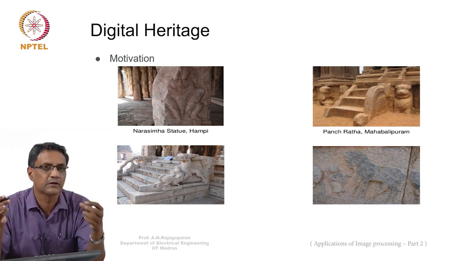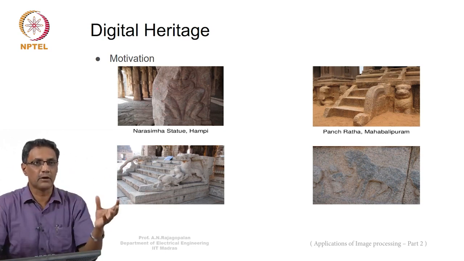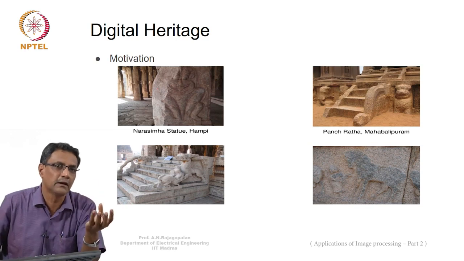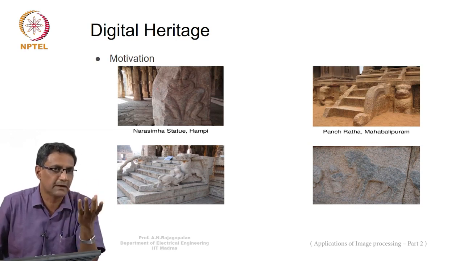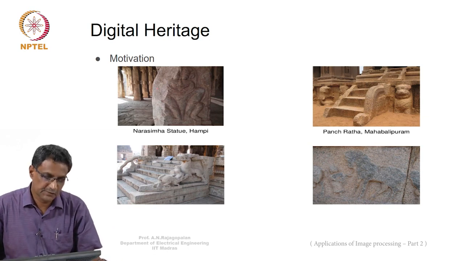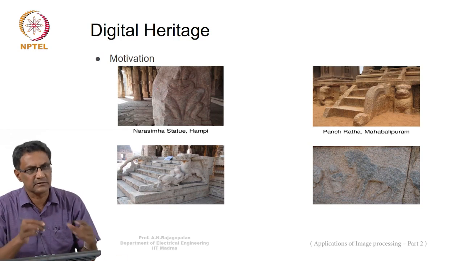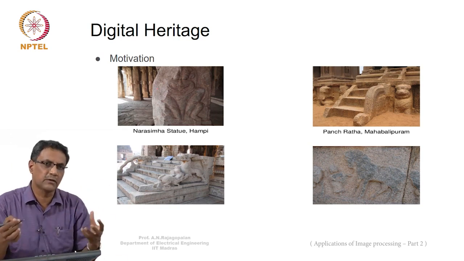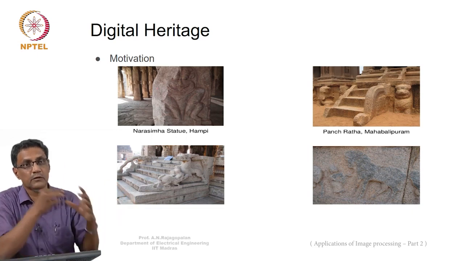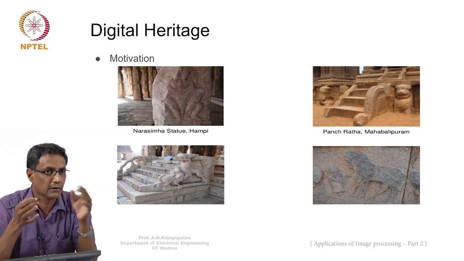This is like a 3D printer. So you actually build this 3D model, you fill it up algorithmically, then you print a 3D model so that you get a sense for how that filling has happened and so on. So again, this is a very, very important problem. Similarly, it doesn't just apply to broken structures. Even structures that are good, you can take images today and store them forever. Because even tomorrow, if something else happens, nature's fury, whatever, you'll still have all of that intact with you for the future.